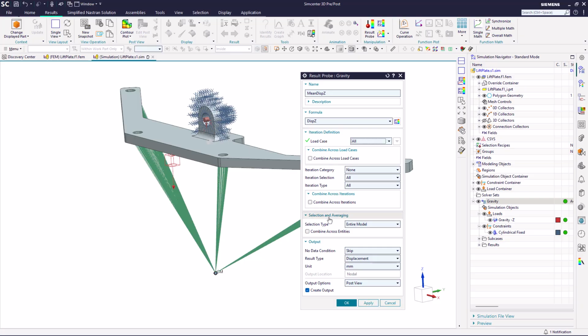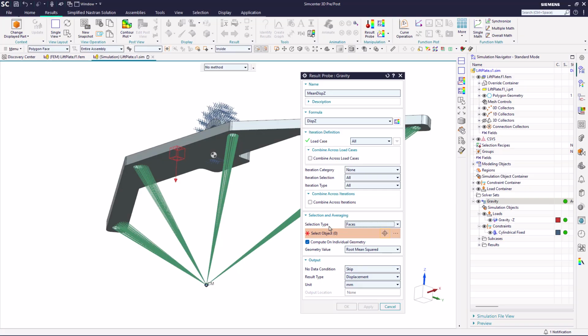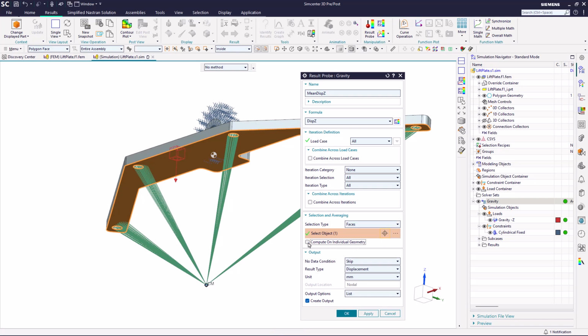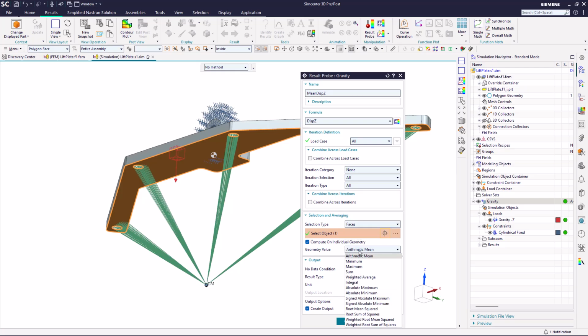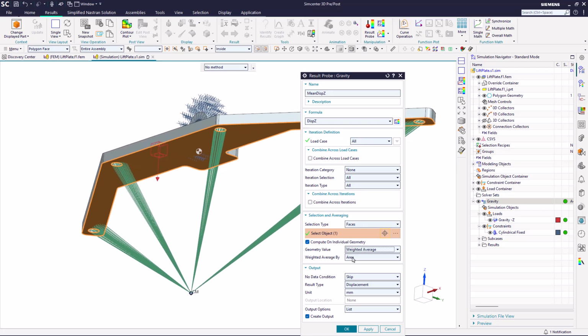We don't want to combine across any iterations, but we do want to compute this relative to a face, and face is going to be this one. And we do want to combine on individual geometries. We want to combine by computing either the arithmetic mean, so this would take all the nodes on that face and just do the average, or do a weighted average by taking into account the face area of the triangular faces on the surface there. So we'll do a weighted average,